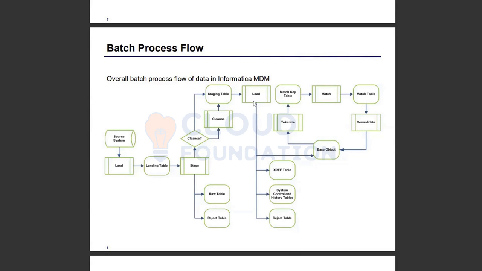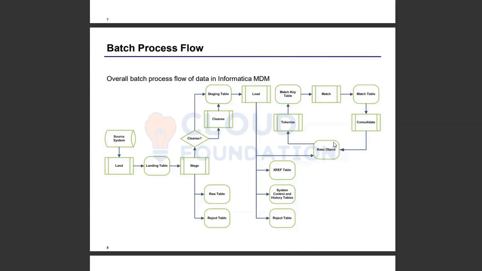And if there are any rejections, there are multiple reasons why rejects might happen. Certain reasons depend on which kind of load we are utilizing. If you are utilizing load by row ID and that row ID object is not present, it will reject. If there is no parent detected and the child record is there, it will be rejected. If the lookup value doesn't exist, it will reject. There are multiple reasons why data can be rejected. The rejected data will be sent into the same reject table.